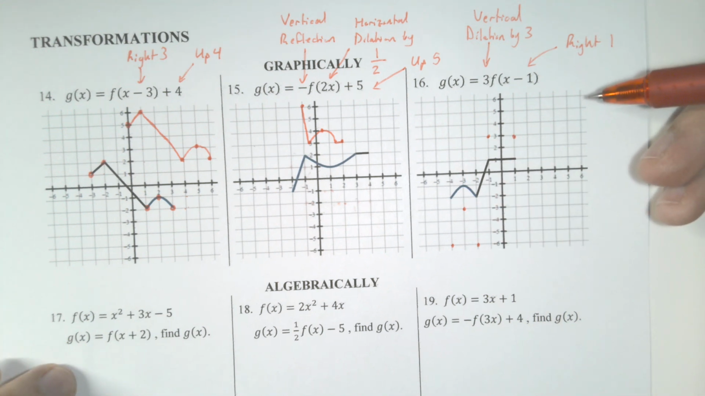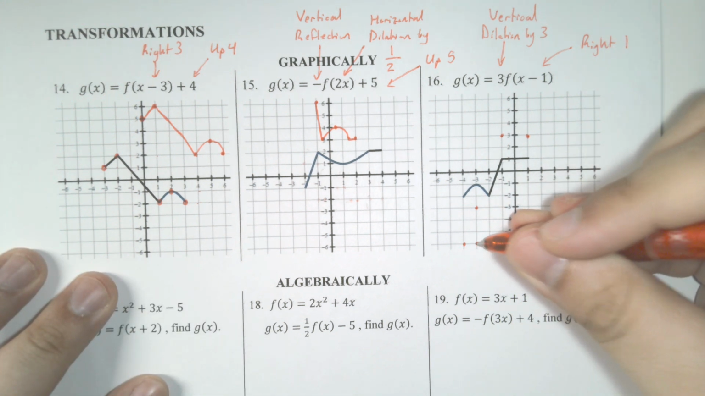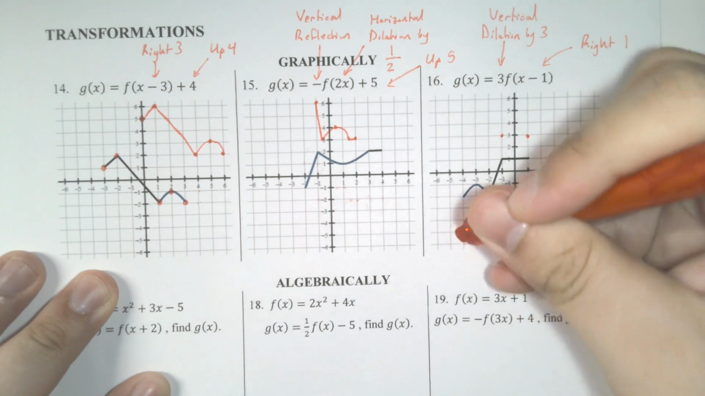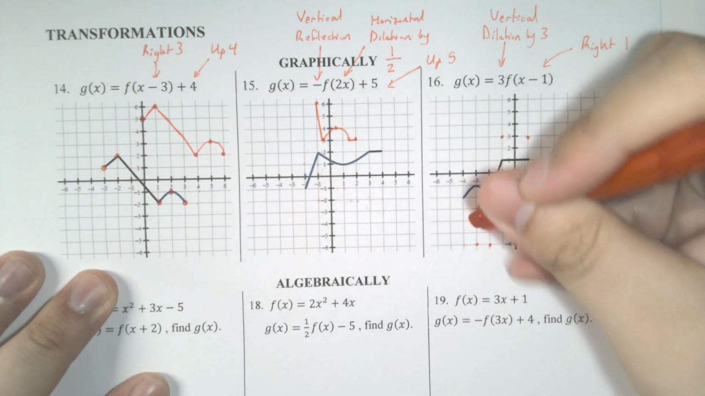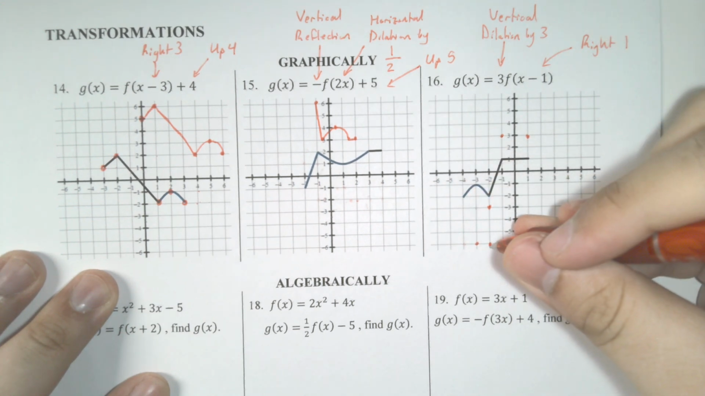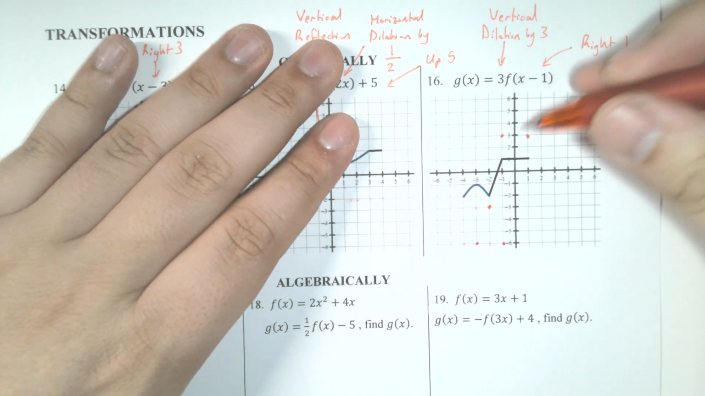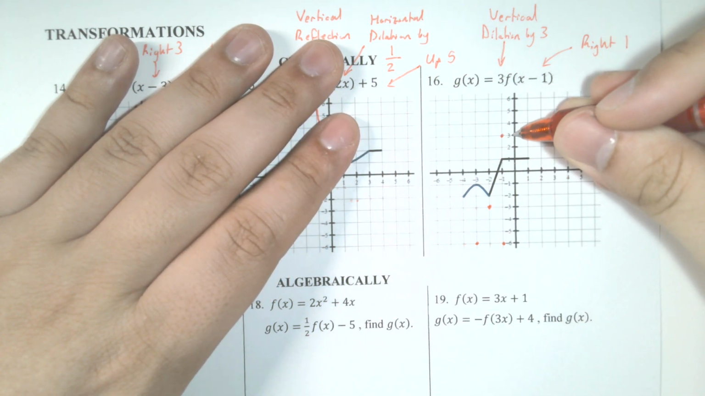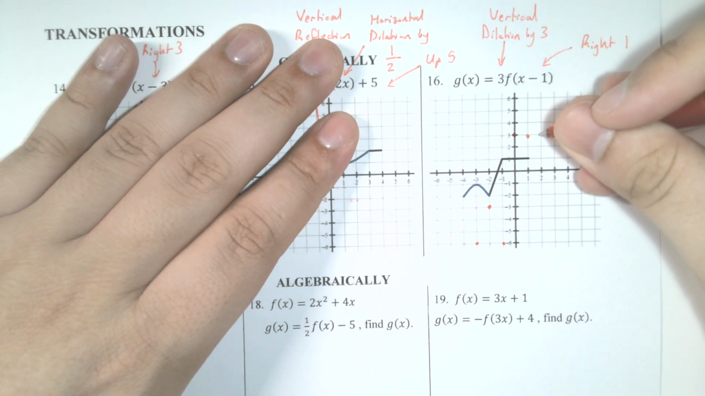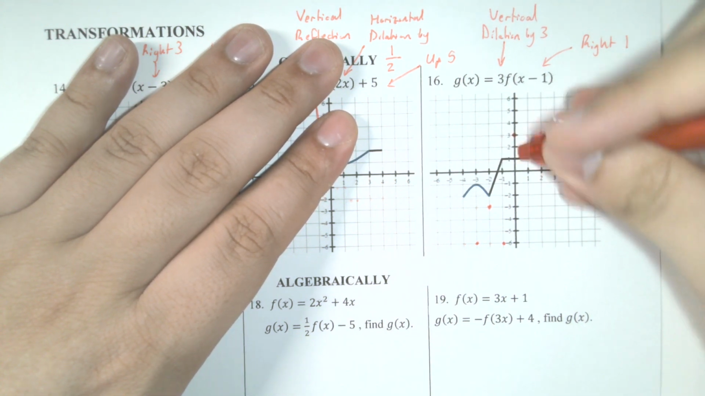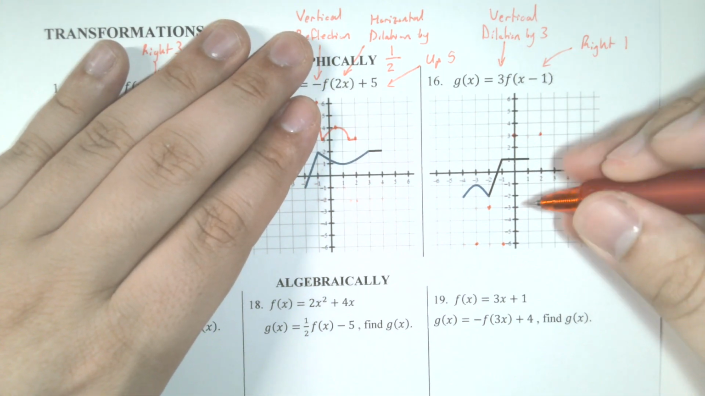And now we just have to move all of this right 1. So if I move this right 1, that's going to go over there. Erase the old point. This one's going to go over here. Erase the old point. This one is going to go over here. Erase the old point. This one's going to go over here. Erase the old point. And this one's going to go over here. Erase the old point. And so now we just have to connect this, and we get